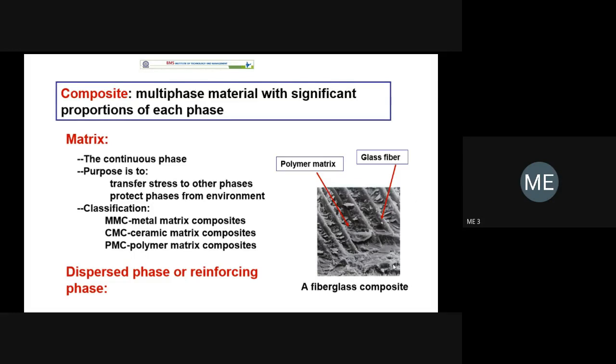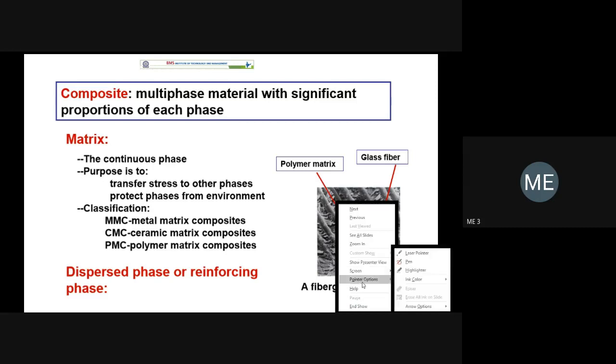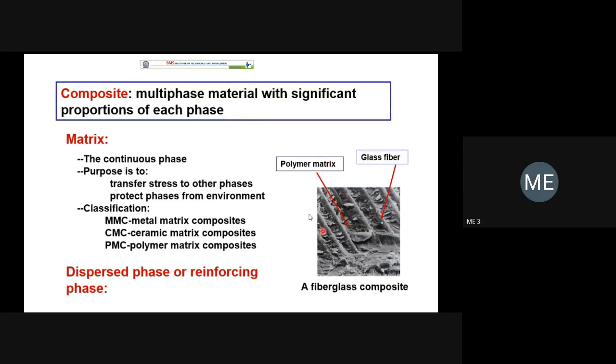Now you are talking about the polymer matrix composite. In the case of polymer matrix composite, the base material or major composition is polymer, like a candle. In a candle, I think you have seen, inside there is a fiber. That is nothing but a reinforcement material. There is a cloth part at the center, which is the reinforcement material, and it is surrounded by the candle material. These are two materials having different properties.